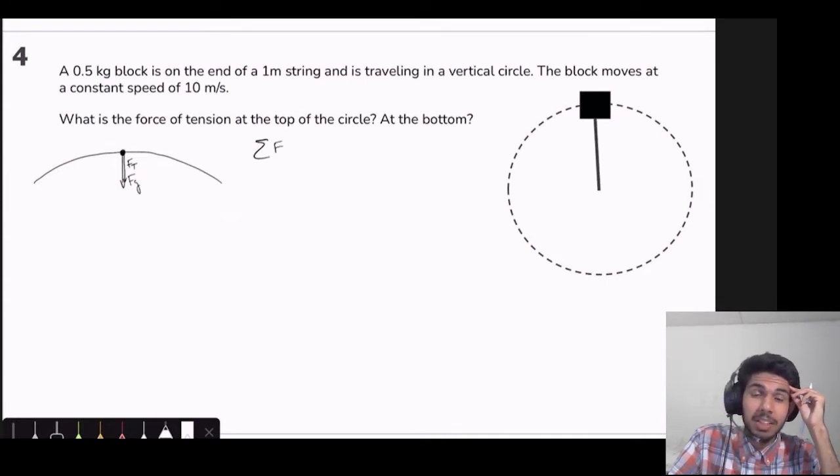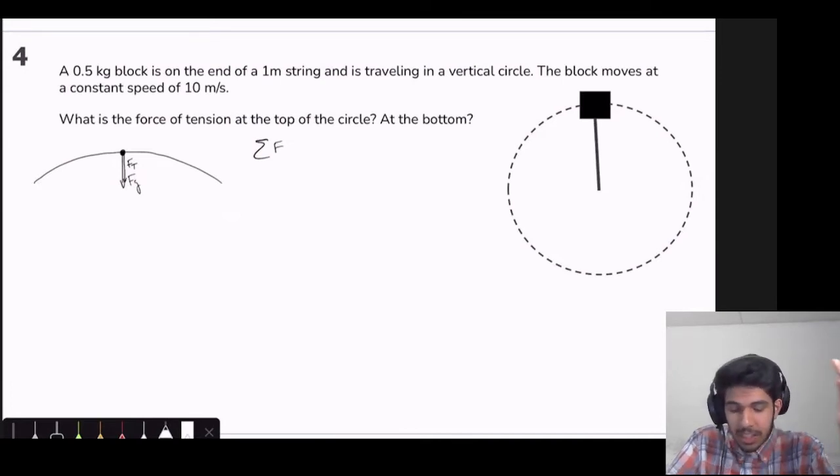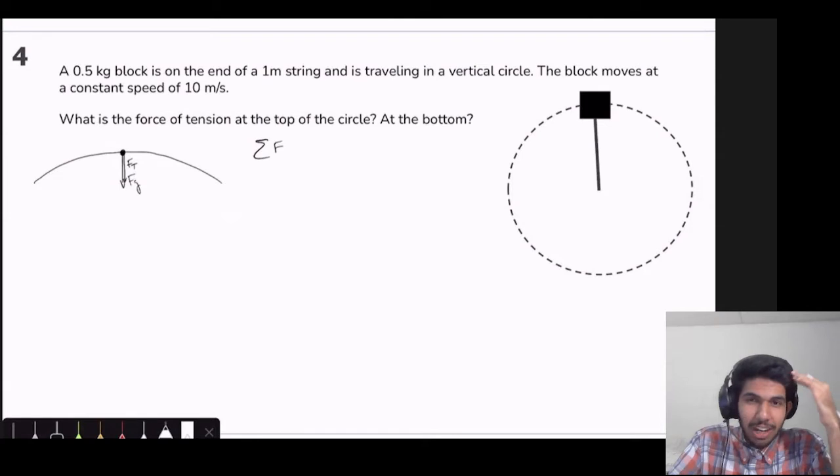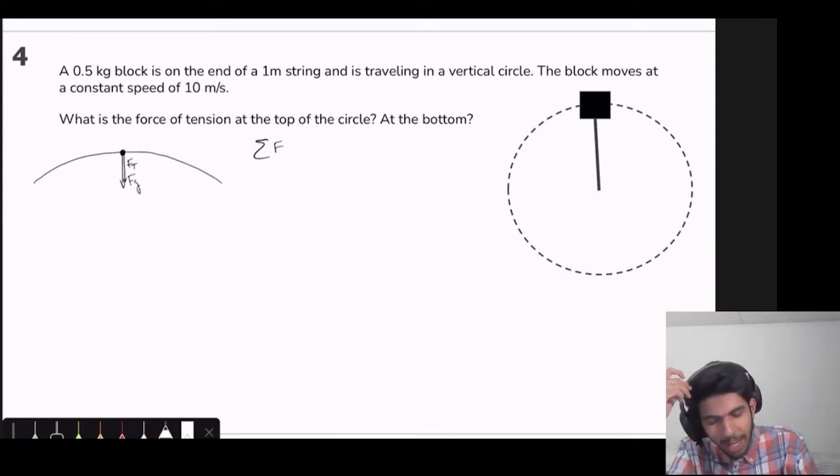You might be tempted to think that it's the y direction, right? Because they're both pointing in the y direction, not in the x direction. But the thing is that the block is traveling in a circle, so we don't really have this direction. We have circular motion. So now we say that we're summing the forces centripetally, and that equals m times a